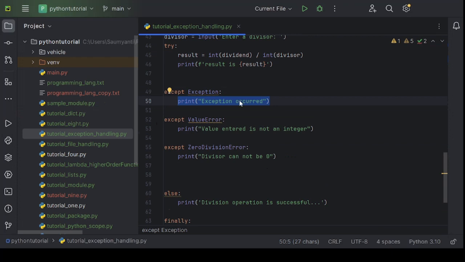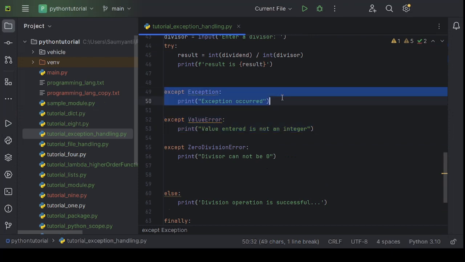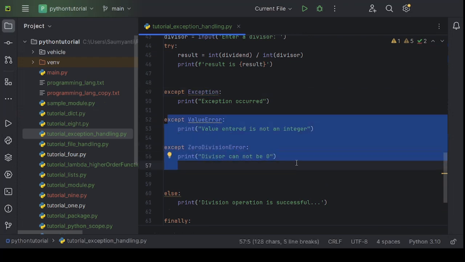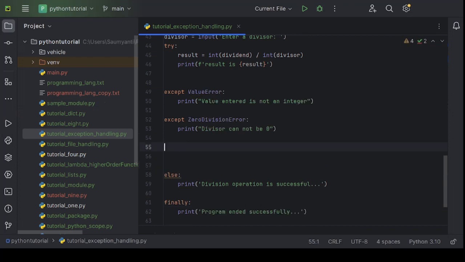Even though there is a value error, it will not match with this because before value error it will match with this, because a value error is also a kind of exception. A zero division error is also a kind of exception. That's the reason it will never execute these blocks even though it is a value error or a zero division error. That's the reason we always have